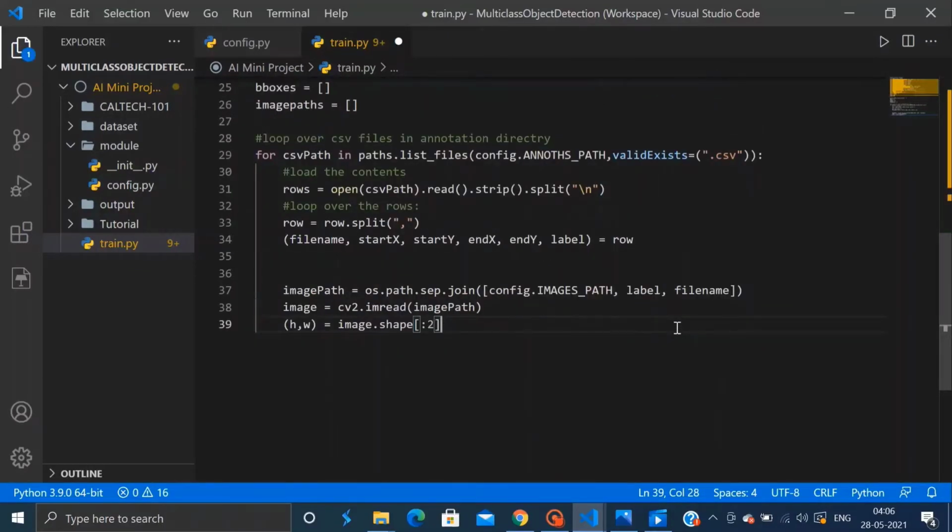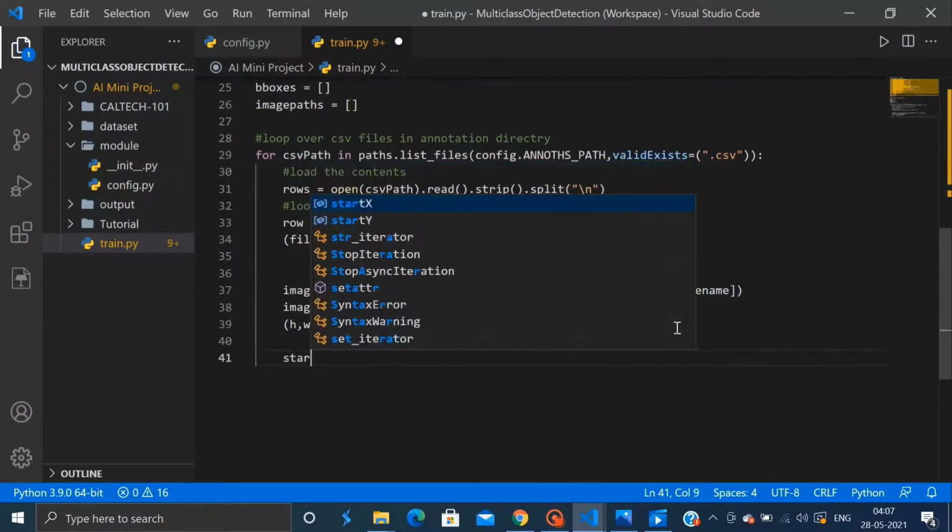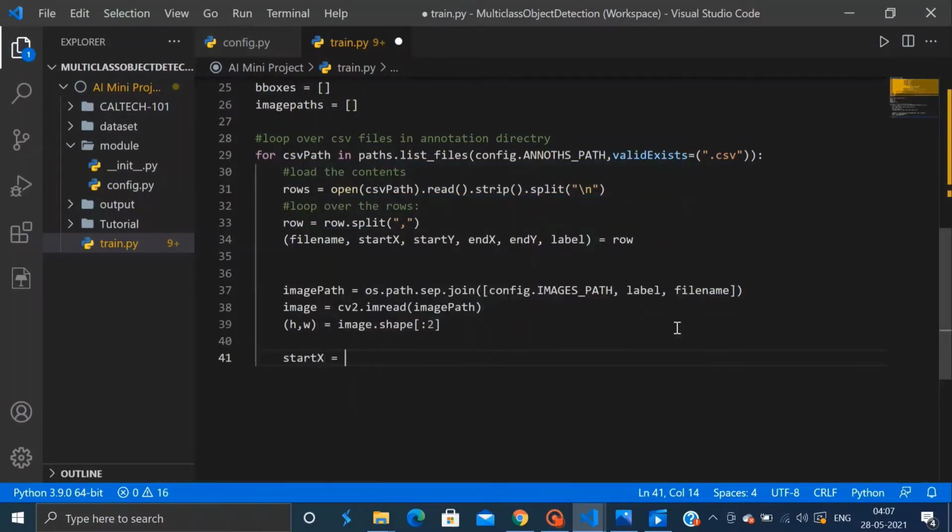After this, we will scale the bounding box coordinates relative to the original image's dimensions to the range from 0 to 1. So for this, we will mention our coordinates, which is start x, then I'll convert it to float of start x and then divide it by its spatial dimension.